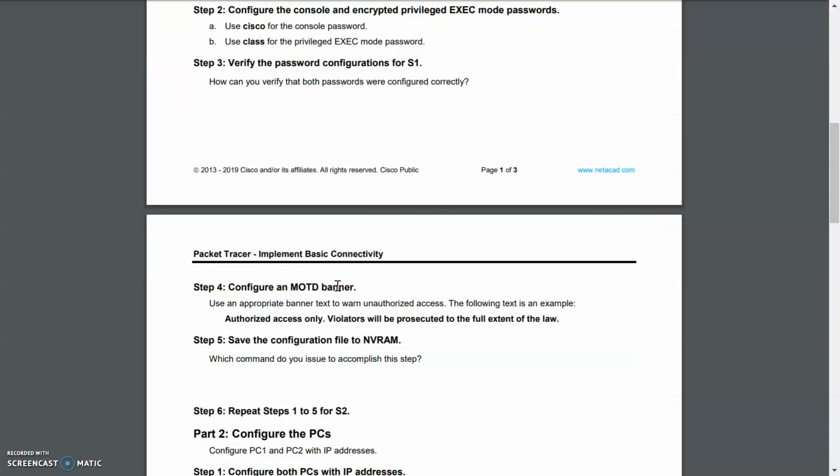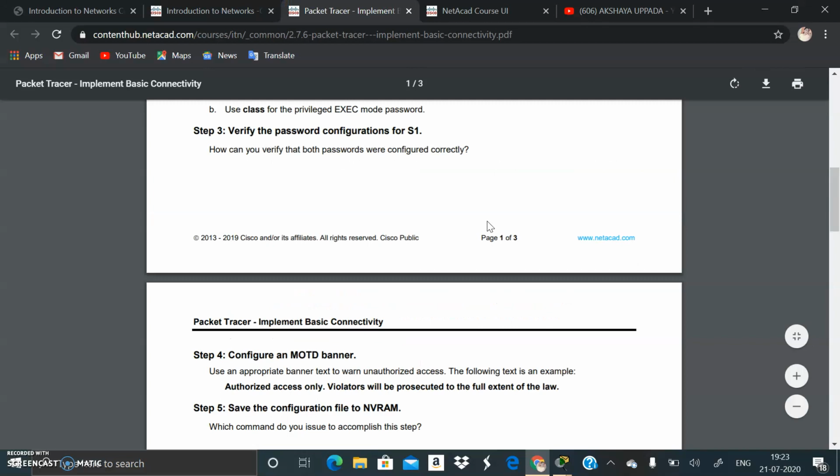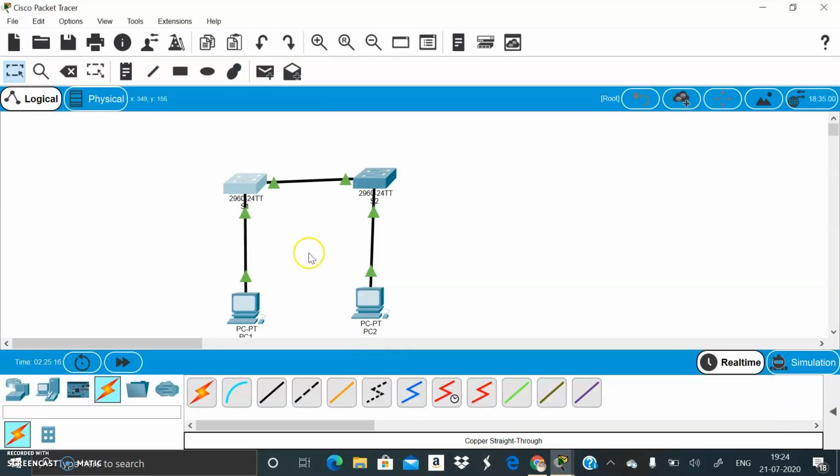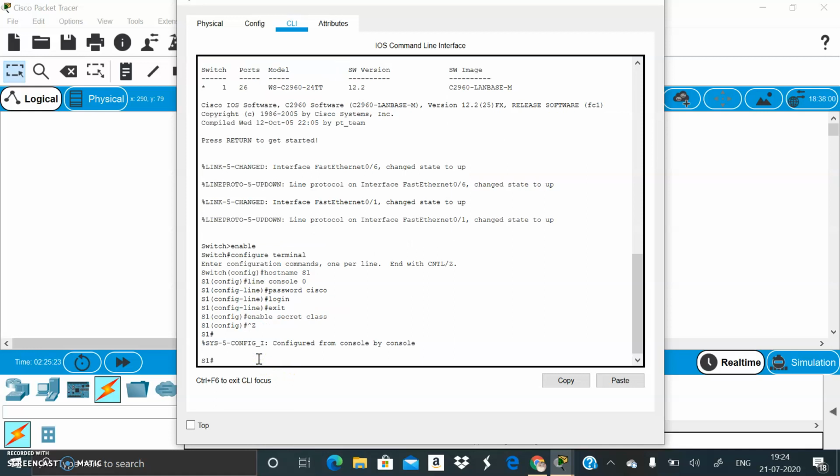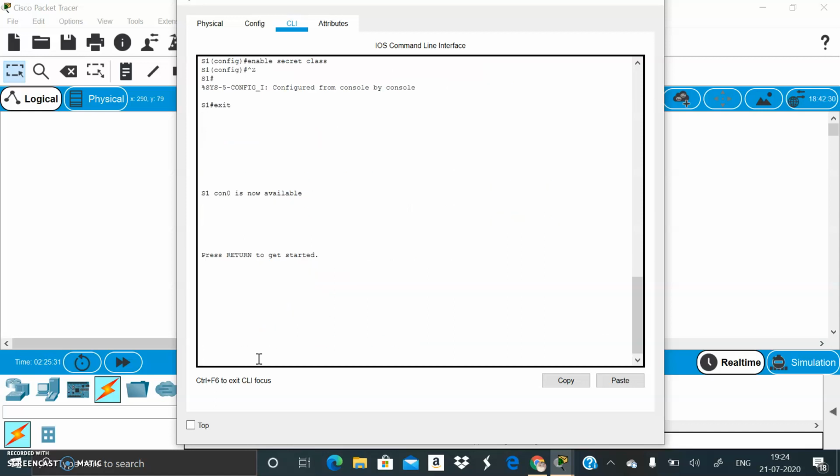Now the step 3 is verify the password configuration for S1. For that, now we have to verify the password. So to verify the password, we have to exit from this and press enter.